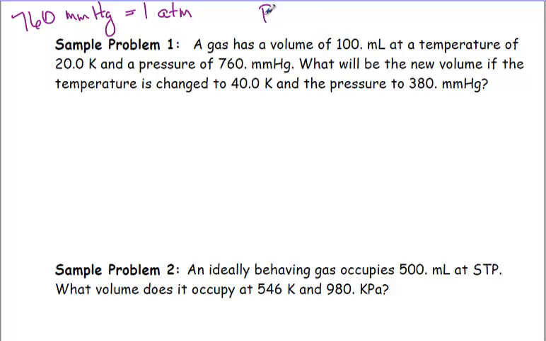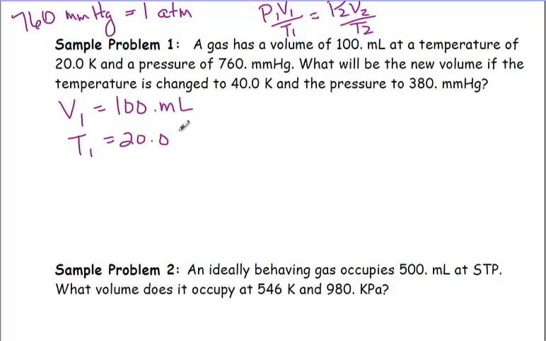Now we're going to use our P1 V1 over T1 equals P2 V2 over T2. Remember initial and final, that's what the 1 and the 2 mean. So we see V1 is 100 milliliters. Next is our temperature, T1 at 20 Kelvin. Pressure, 760. Now, as long as your units are all the same, and temperature is in Kelvin, then it doesn't matter. It doesn't have to be in atmospheres or kilopascals as long as it remains constant throughout the